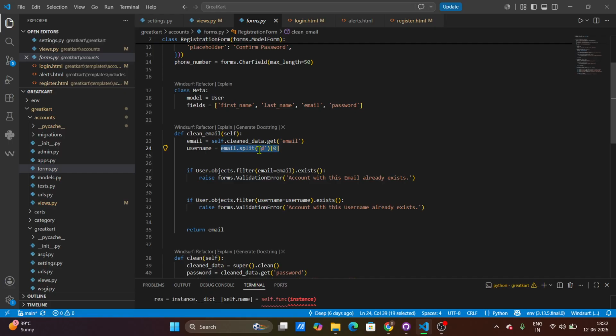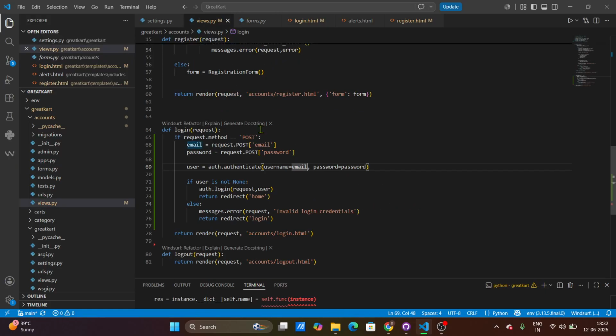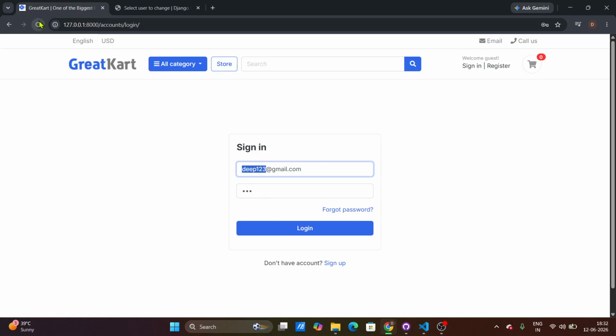So this split will give us a list, like it will split the value whatever is before the at the rate and whatever is after the at the rate. So we have two items inside our list and we are accessing the first one, okay. Let's go to our views, copy this and go to views, and instead of this email just paste this thing. From email we are basically collecting the username, okay, like this. So now refresh this